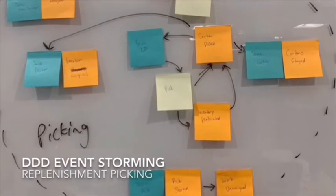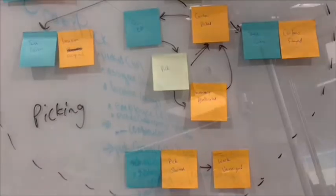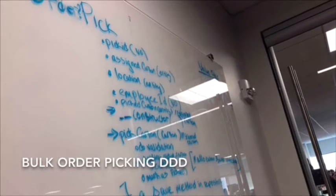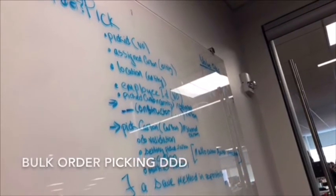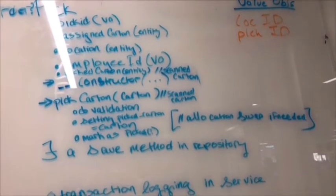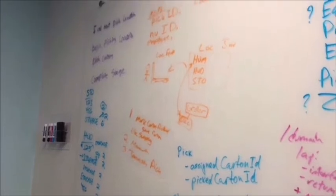To prove these concepts, we took one of our existing functionalities, cycle count, and refactored it in a DDD way. The goal of refactoring was mainly to try things out ourselves and set a clean example that everyone could follow. Cycle count is functionality which has been live in production for more than 6 months, having 90% test coverage and